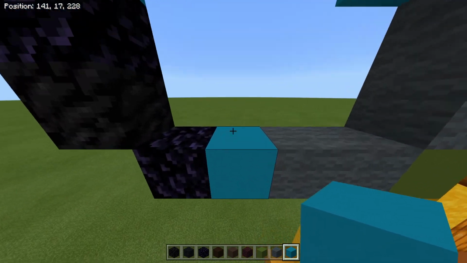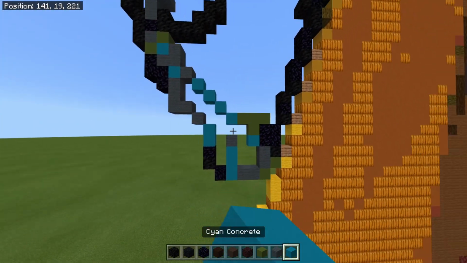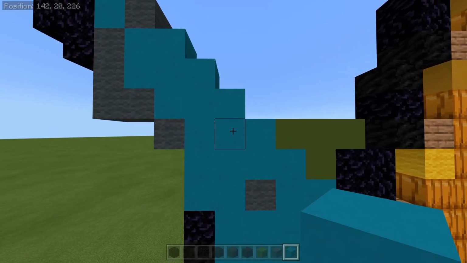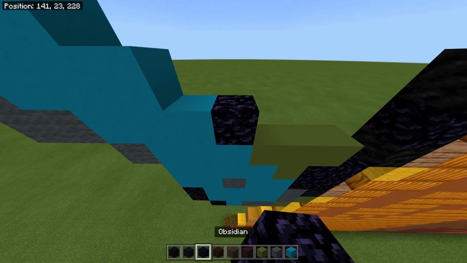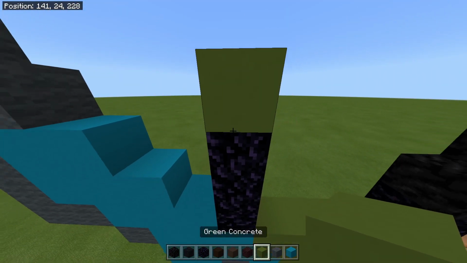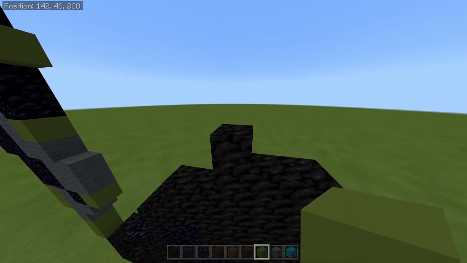On top of that cyan concrete, you can place 2 cyan concretes going up with a grey wool on top of that. Fill in this one little empty space here with your cyan concrete, so go ahead and do that now. So that should look like that. Coming over here and right there, you're going to place 3 obsidian going up like so with a green concrete above it, and then coming all the way back up here to where you've got this block of coal right